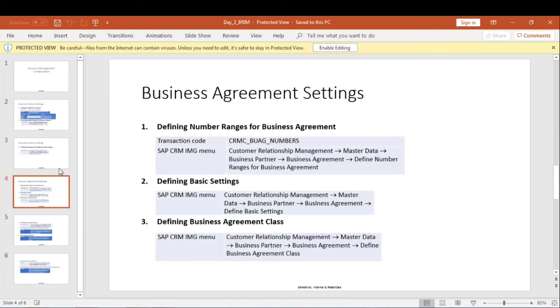Now we will learn the business agreement settings. Business agreements are used to store the payment details of the customers, like whether he wants to go with debit card, credit card transaction or online transaction. All these details can be maintained in business agreements.